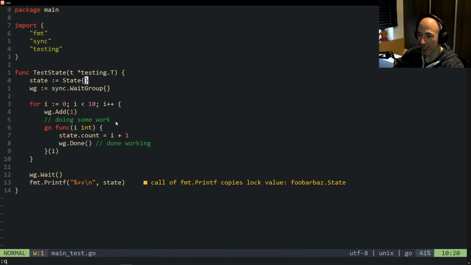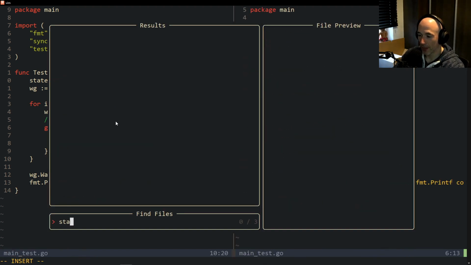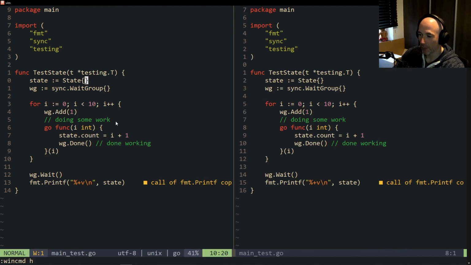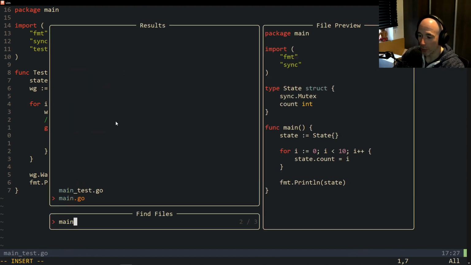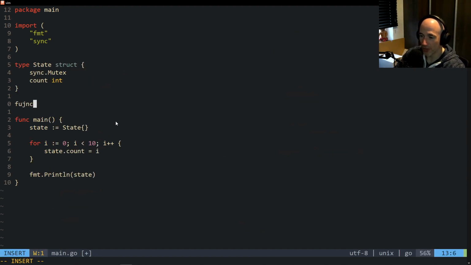We're going to do something else. We're going to open up main real quick. We're going to make it a little bit cleaner, right? So in this case, what we do is basically we say state count, and then we directly assign it to that variable. But we are going to make a function actually, and we're going to say func as,